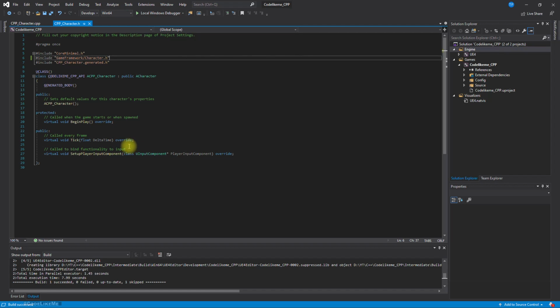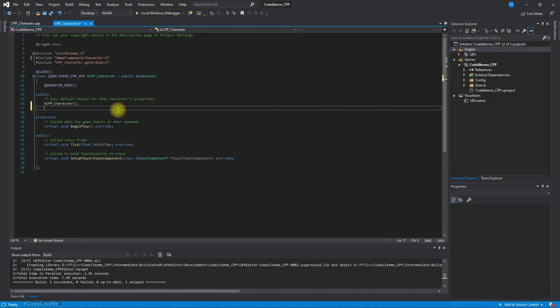So let's see how to do that. Okay, so first, to add a camera boom, we need to add a spring arm component to this class. The spring arm component is defined in the